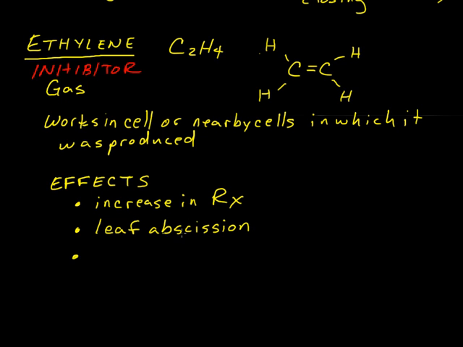It's actually used to defoliate certain crops to make it easier to harvest the fruit from them. Cotton is a good example of that. They'll use ethylene-producing sprays to defoliate to make it easier to get at the cotton bolls. We've also got the possible effect of ethylene on flower abscission. And it's also part of, or triggers, fruit ripening.